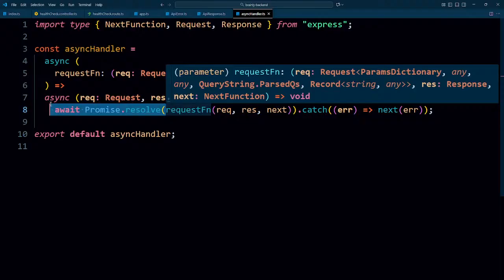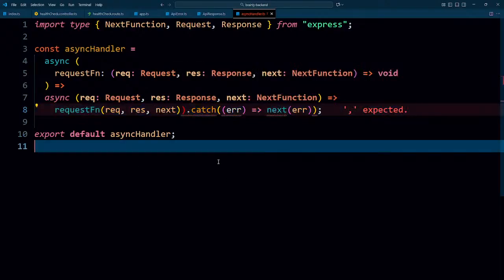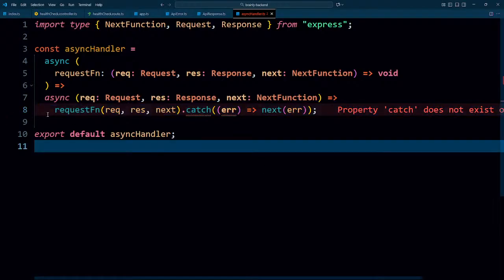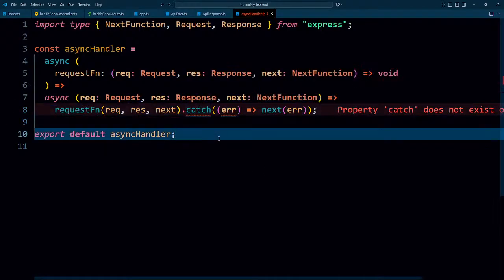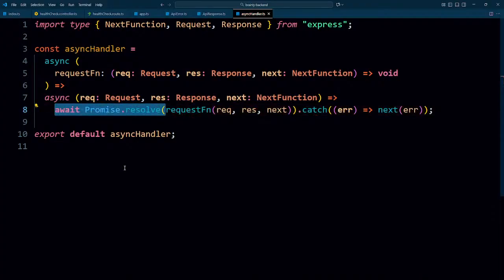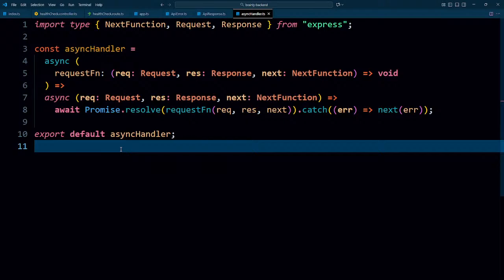If I don't use it, let's just keep it simple for now. Request, response. Not even sure how this is going to work. Oh, this is an async handler function. I have to have a look at my code. This is insane.